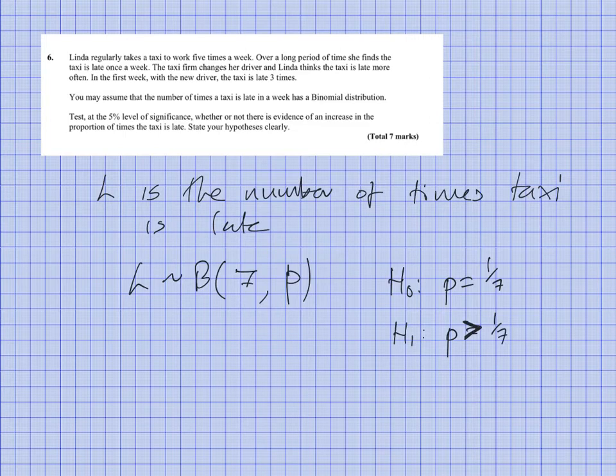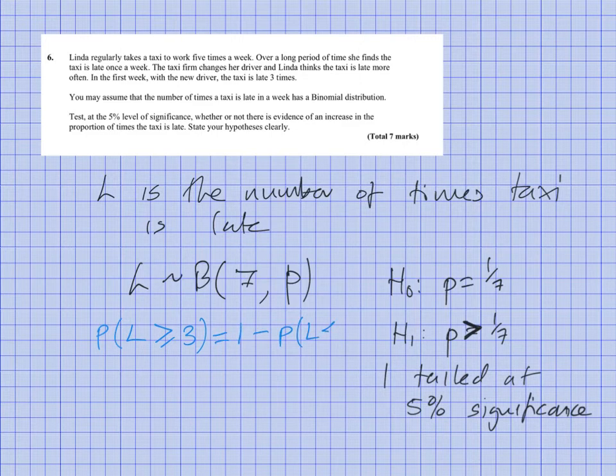So we've got a one-tailed test at 5% significance. So we have a test value to check it against, which is 3 out of 7. So let's go ahead and find the probability that that happens. The probability that L is 3 or more is equal to 1 minus the probability that L is less than or equal to